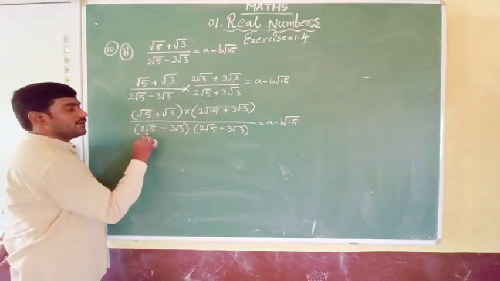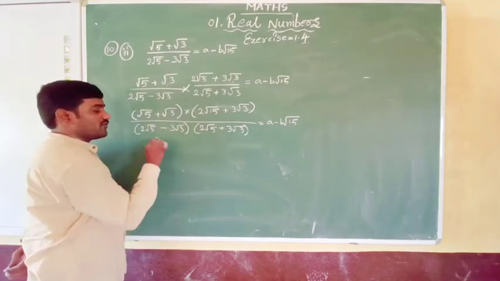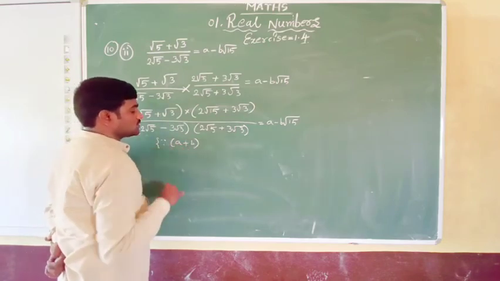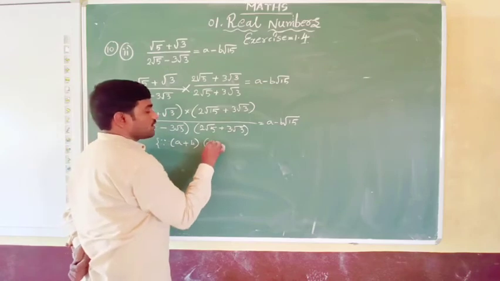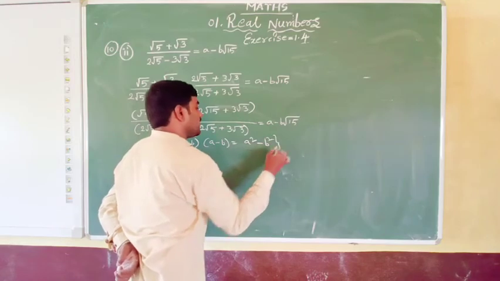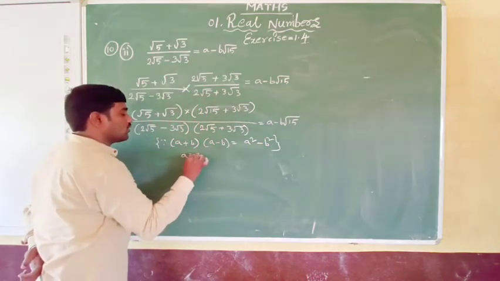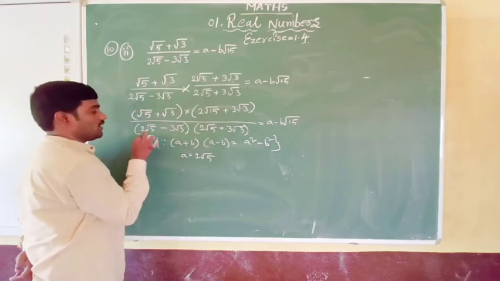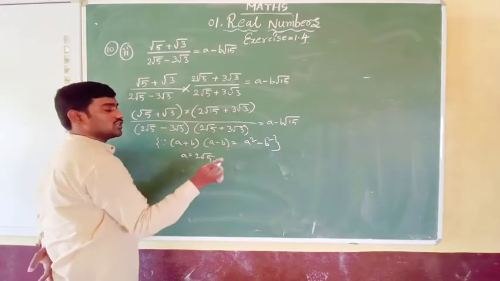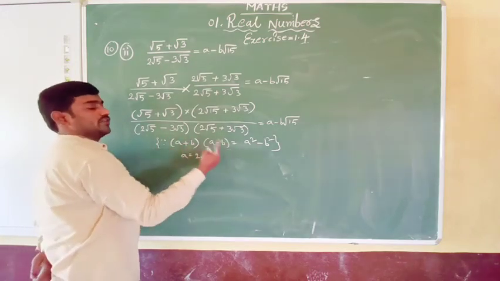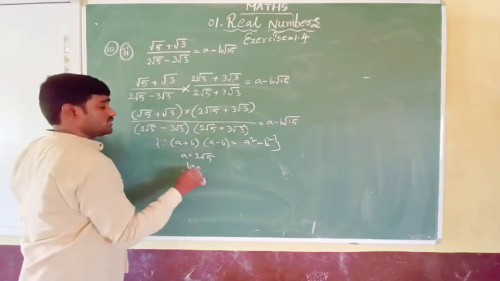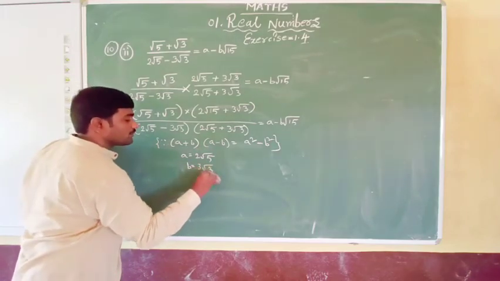Okay, here in the denominator, a plus b into a minus b form, we can use the laws of algebraic expressions. A plus b into a minus b is equal to a square minus b square. Where the a value and b value we will write here. A equal to 2 root 5. Here also a equal to 2 root 5. B value is what here? 3 root 3. Here also b value is 3 root 3. So a plus b into a minus b or a minus b into a plus b, both are same. If you interchange this, then you get the same one.